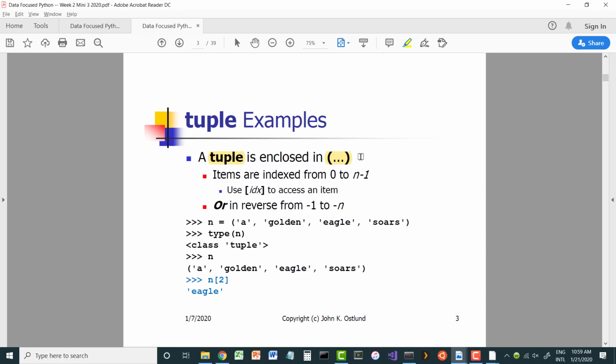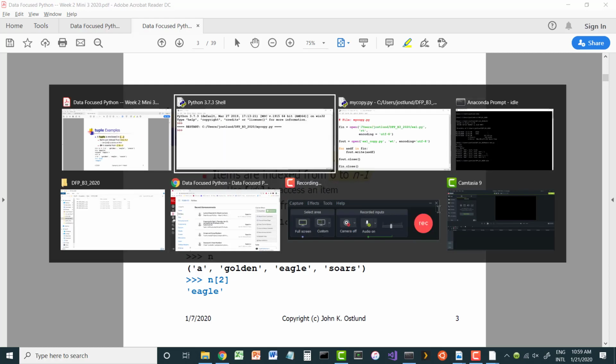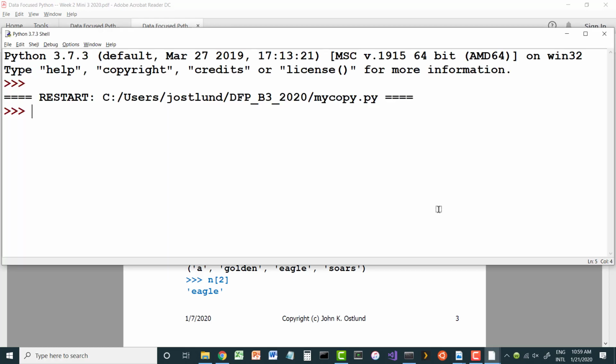And we can index the items within the tuple, either using the indices 0 through n-1 if n is the number of items, or in reverse order from -1 for the last item back down to -n, which is equivalent to 0. So here I've got this little tuple called n, which contains 4 str objects: